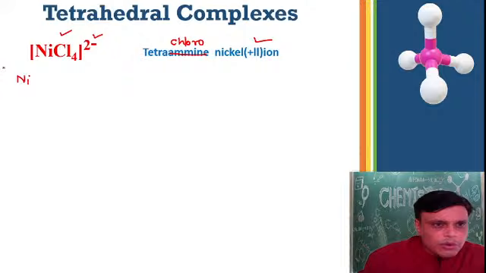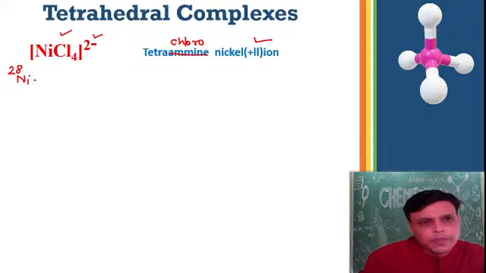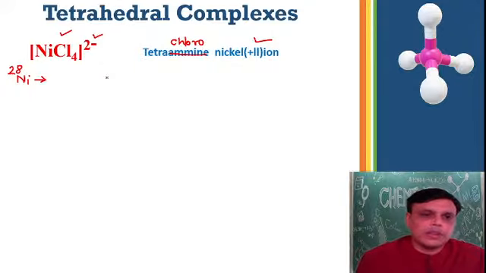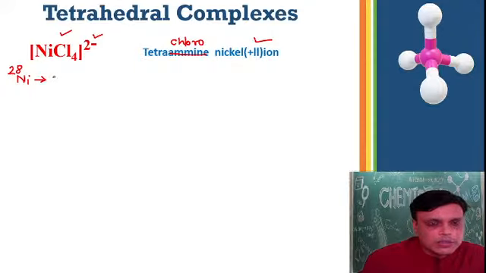This is the first thing you have to write, its atomic number. Atomic number of nickel is 28. Then what do you have to do? Write the electronic configuration. So I will write here electronic configuration: 1s2 2s2